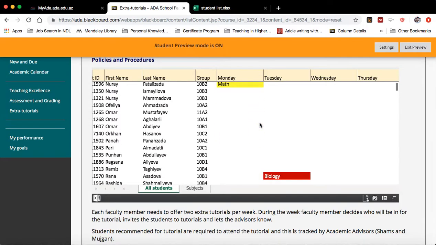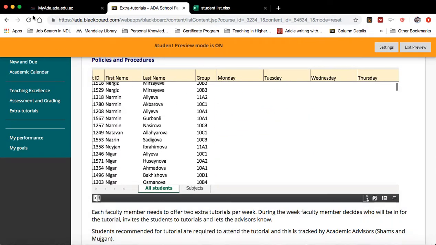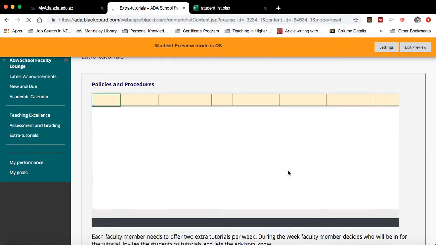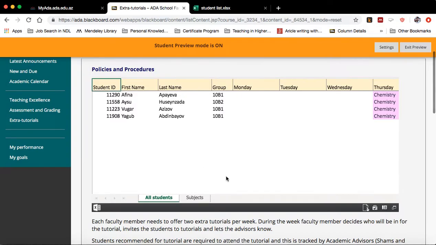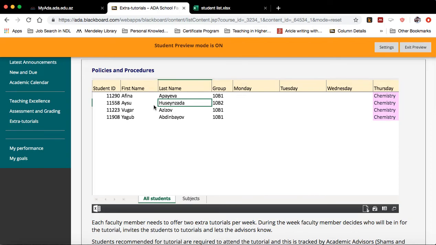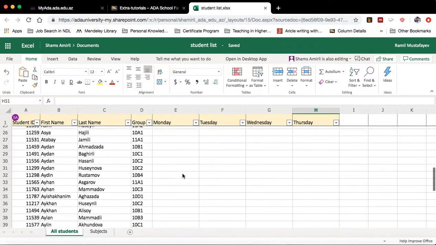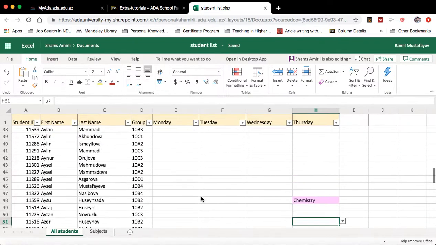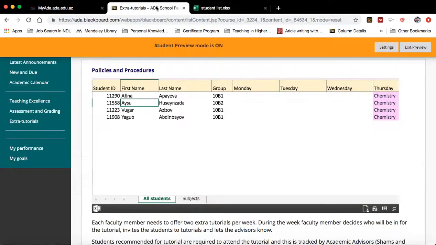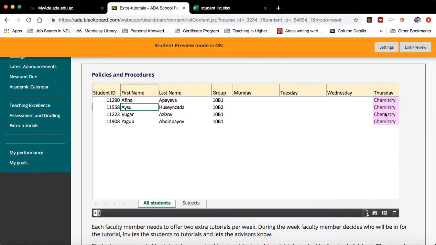Let's see if we have booked some people. I think we need to update this first. So tutorials work like this. So those who have been booked will also appear on this list, and I think we can also make it a longer list so that we know when and where the students go for tutorials. And when we go back to our page here,